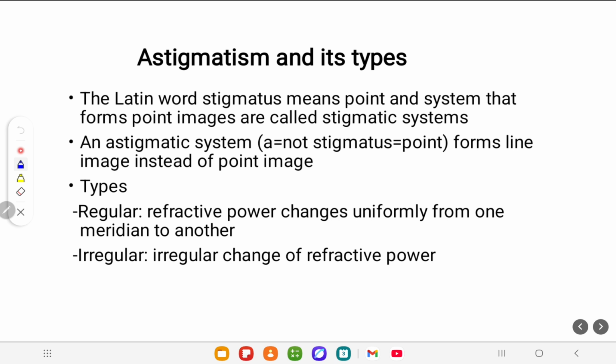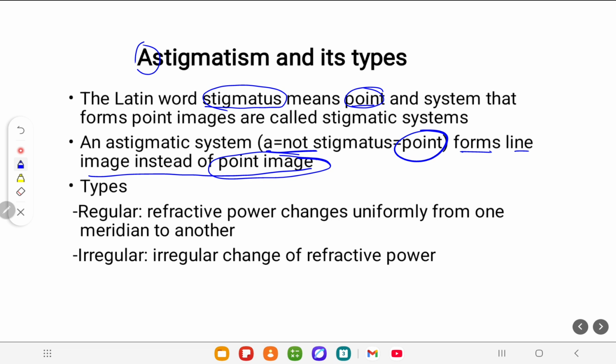So, the Latin word stigmatus means the point. When we add a, it's not a point form, which is basically called astigmatism. When you add a, which is not a point, it forms a line image of the point. So what I wanted to tell you is, in case of